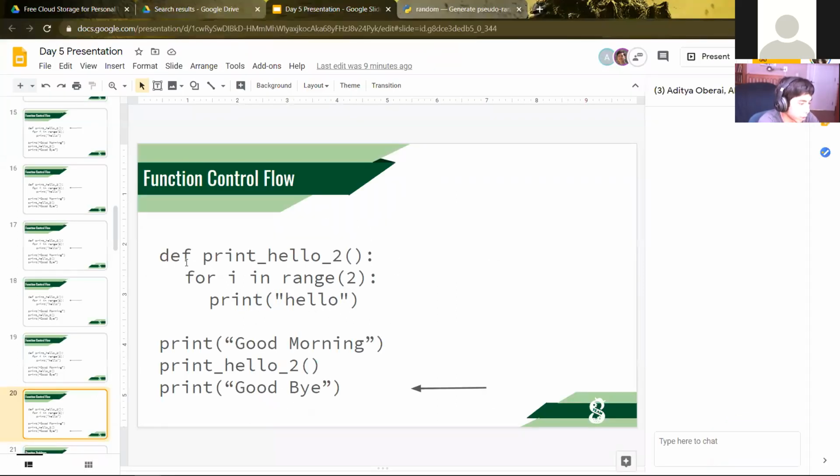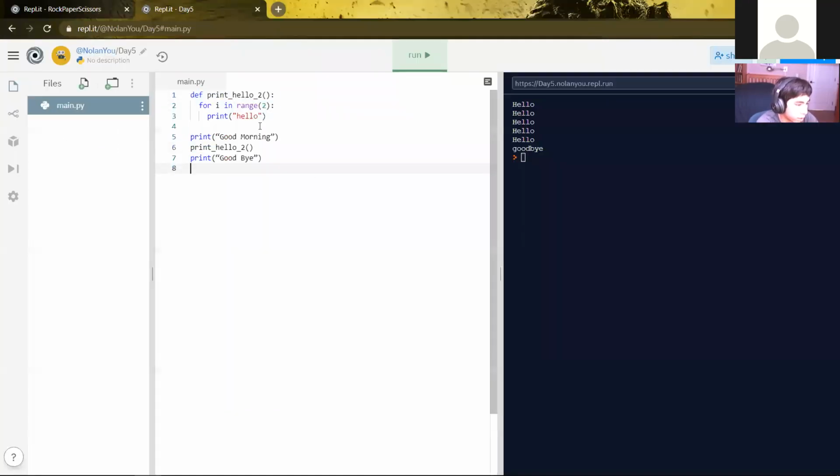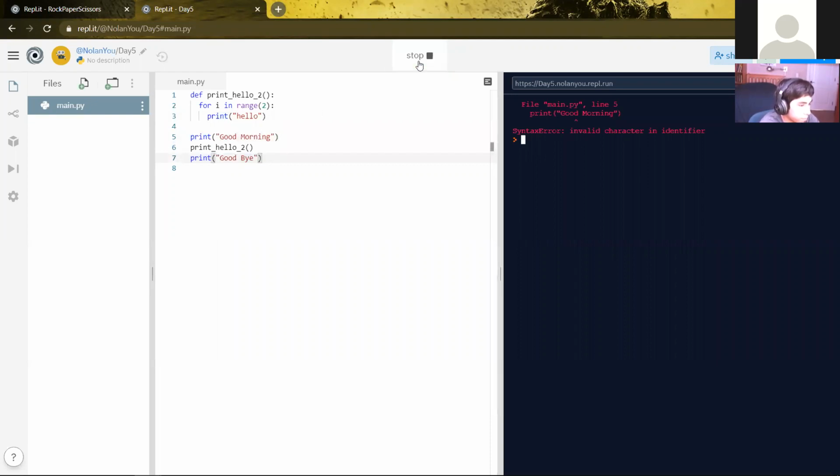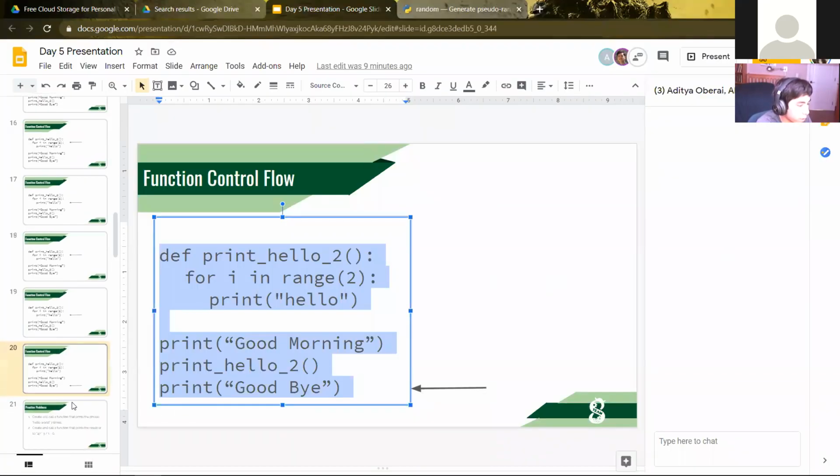And we can actually prove this by putting it into the IDE, the code compiler. Let's try that. The quotations are a little peculiar on this. And see, good morning, hello, hello, goodbye. Great, so moving on from that,